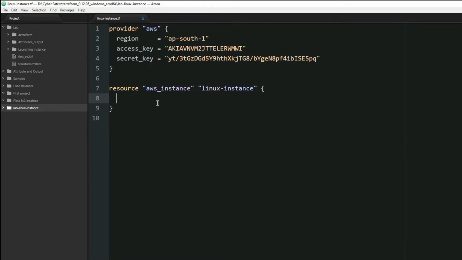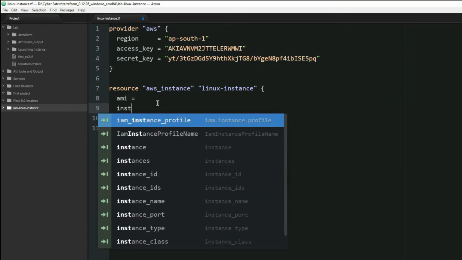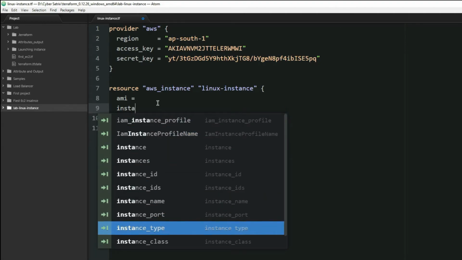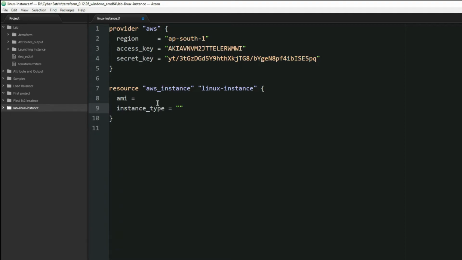As I mentioned, there are two fields that are required: one is AMI and the other is instance type, which is here. As you see, whenever we type the code, the required information automatically provides suggestions to you. Everything that you write on the right hand side should be under the curly braces.